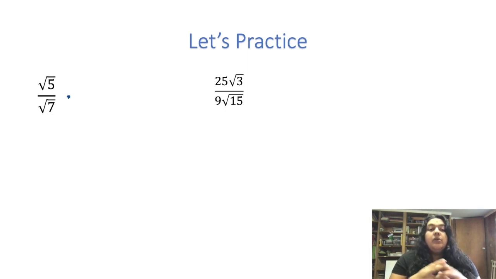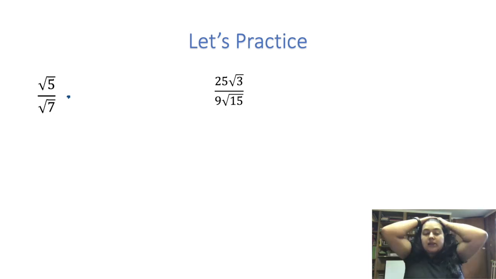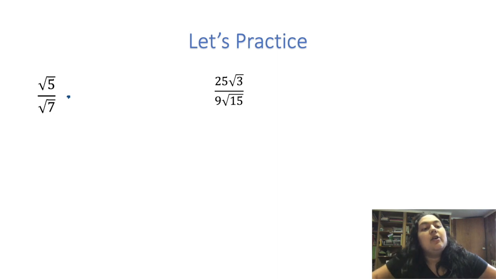We're going to multiply this by the same thing, a number over that same number, so it's just multiplying by 1. And I want to change how this fraction looks because I don't want that radical in the denominator. So how do we get it out? Well, I need to multiply by rad 7. Yep, you heard that right. I need to multiply by the square root of 7 over the square root of 7. That will keep it 1. And if I multiply that bottom by the square root of 7,